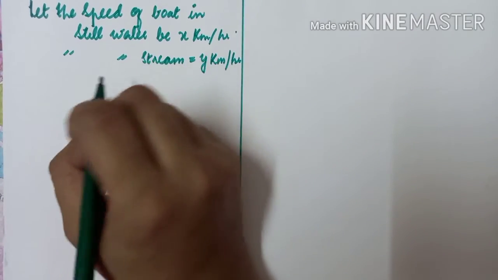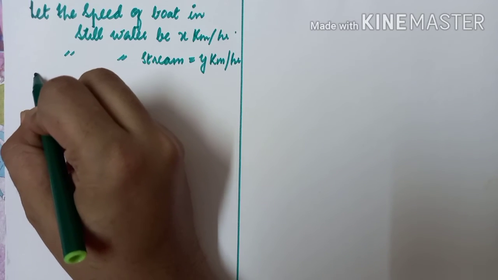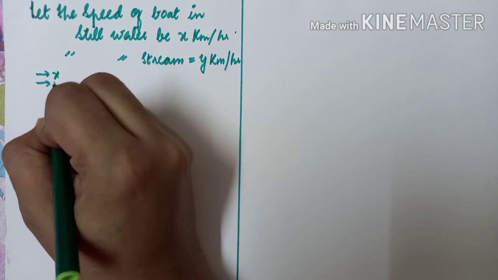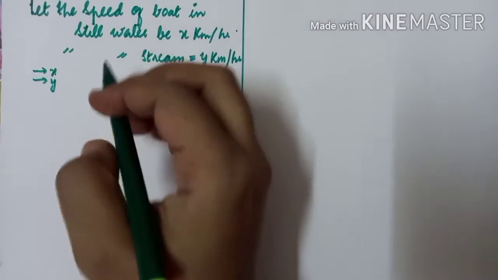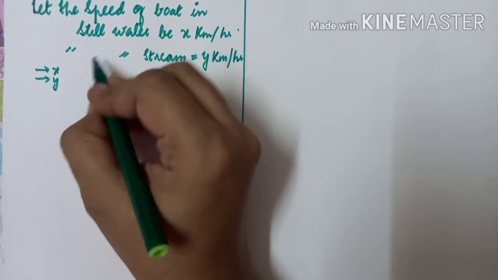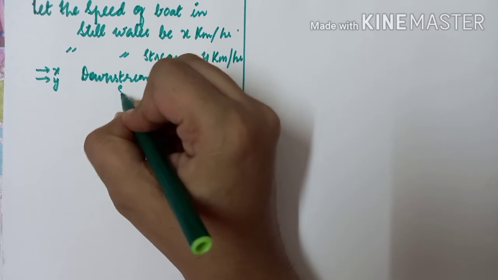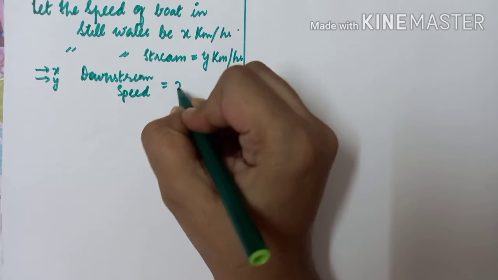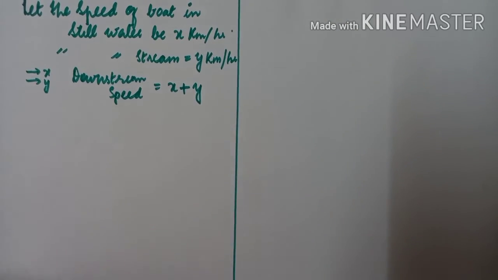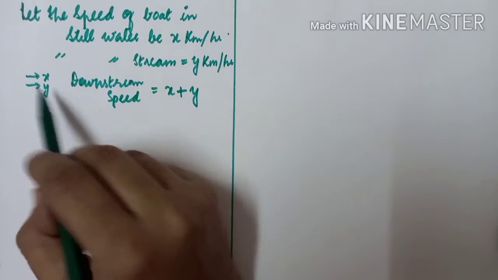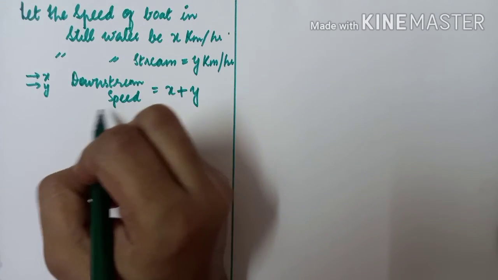So actually, downstream speed will be what? See here, downstream means both will be in the same direction: x and y, the speed of the boat and the speed of the stream. So for downstream speed we will just write it as x plus y. The speed of the boat and the water stream, both are in the same direction, that's why